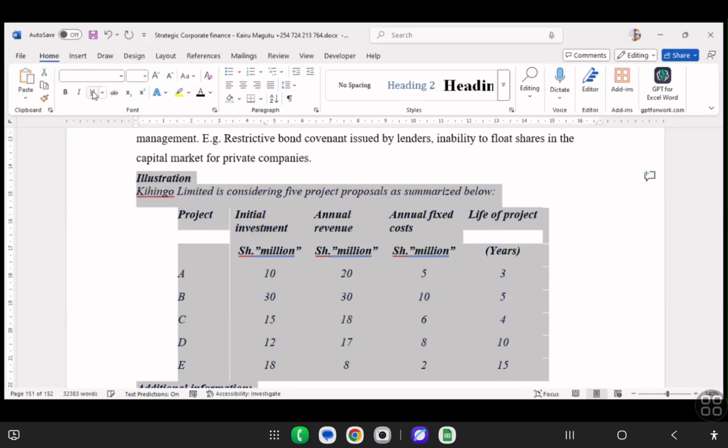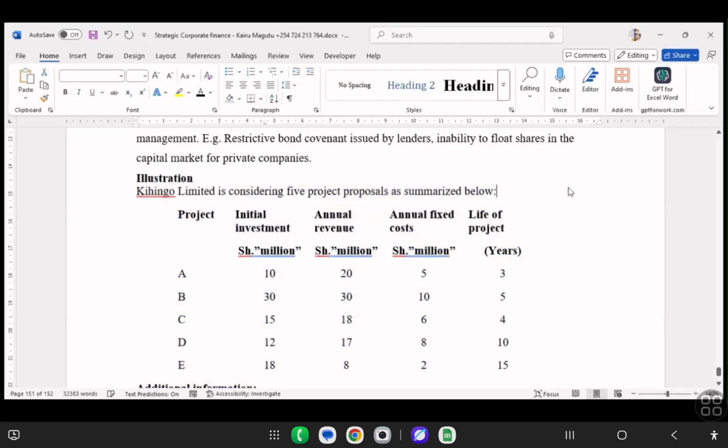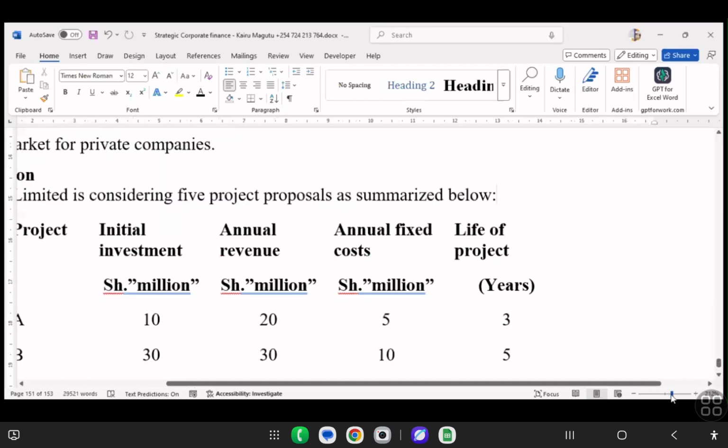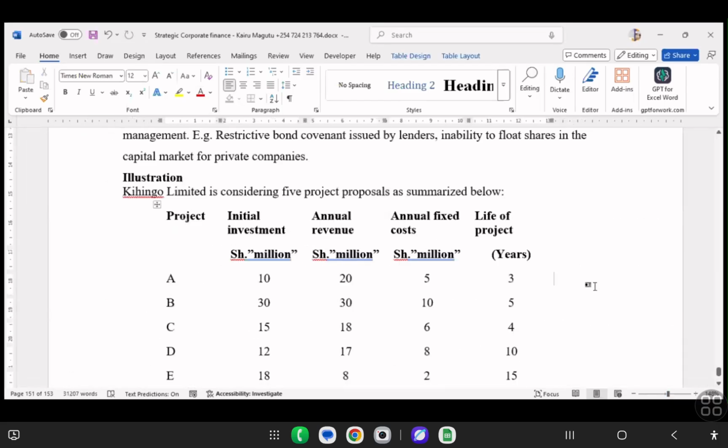Look at that illustration. If you can see my screen, I want to read through the illustration. The illustration reads,